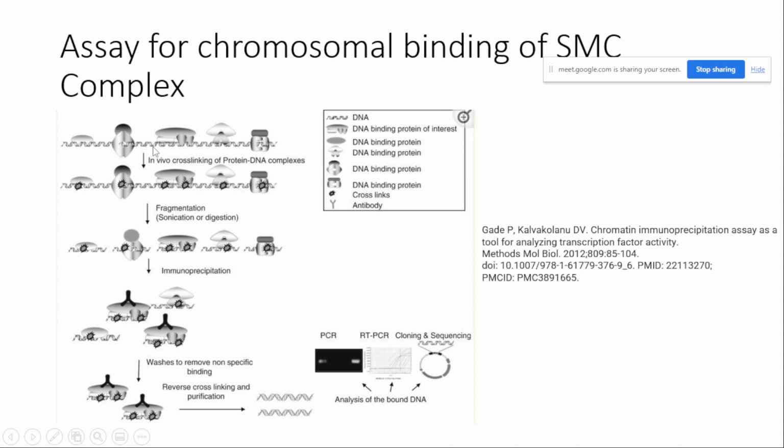So first of all, you will do an in vivo cross-linking of the protein-DNA complexes. That is done by formaldehyde. It will make a covalent bond between the DNA and your protein. All of these interactions are non-covalent, so they are temporary. After some time the proteins may not bind to the DNA. To make it permanent, we make it covalent, and that's why we did the cross-linking of the protein and DNA molecules.